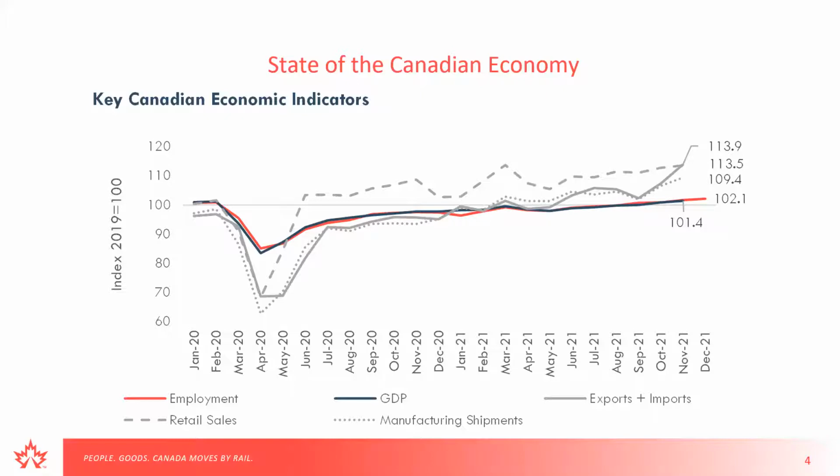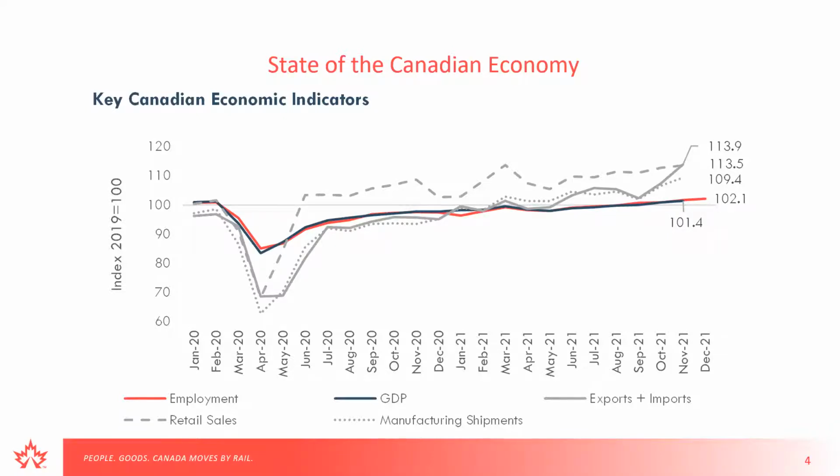All right, so we start off general, looking at the Canadian economy, not specifically the rail sector, so we get context of where the economy is at. This goes back to just pre-pandemic, January 2020, and you'll see the significant dip in the spring of 2020, and then that quick rebound, and then a gradual climb since then. Good news, as of September 2021, all of these 5 key economic indicators have recovered above 2019 levels.